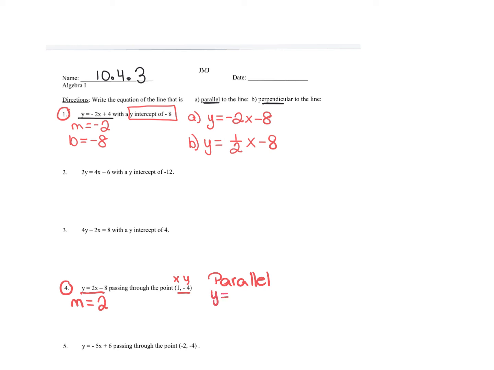Everything's based off of y equals mx plus b. I'm going to plug in my y value. My slope has to be the same. I'm going to plug in that x, and I'm solving for b. So some quick math, and I'm going to get -6 is my b value. So parallel,